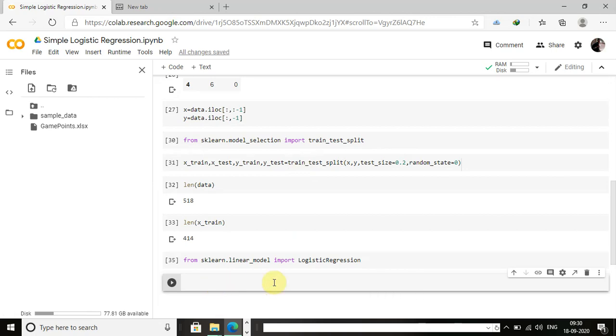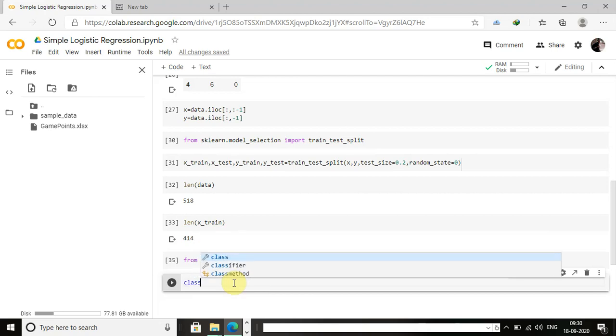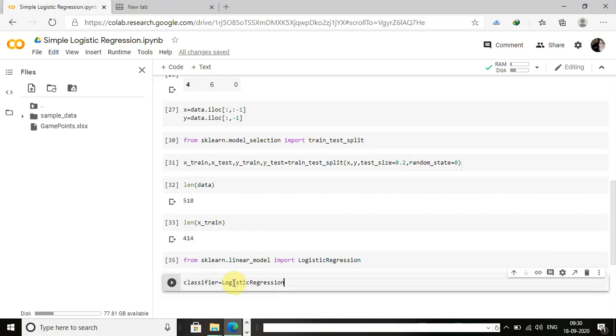First I have to initialize my classifier model to the logistic regression. So classifier equal to LogisticRegression. This classifier is my model which is just initialized. Means that now this is a model which is like a child who has just joined the school and has not learned anything.